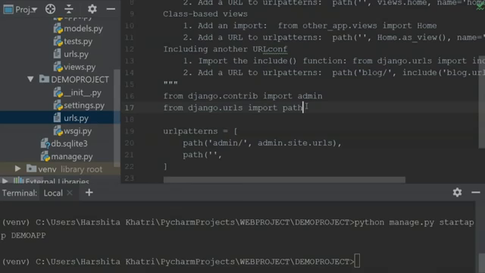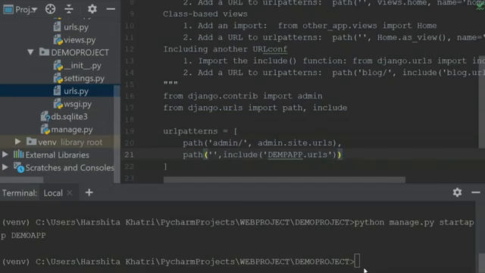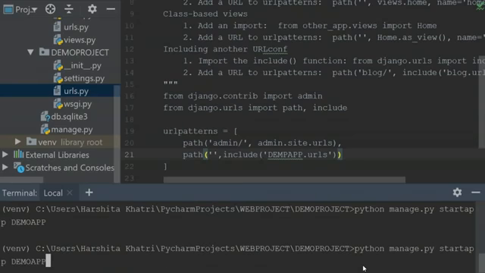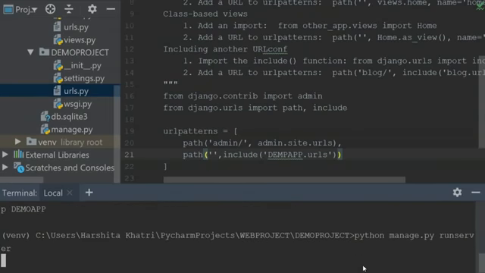So from django.urls, I'll import the include function. And over here, I'm going to use the include function. I'll map the urls.py present in my demo app. And I'll close this.